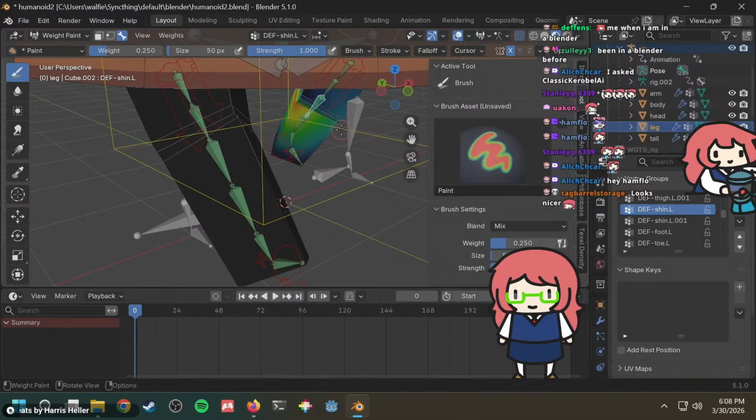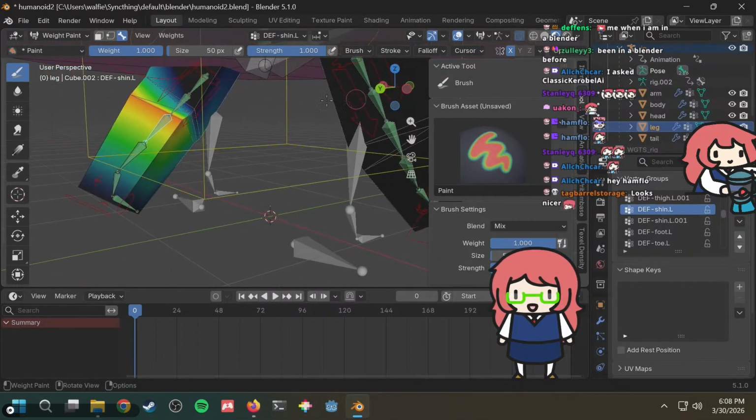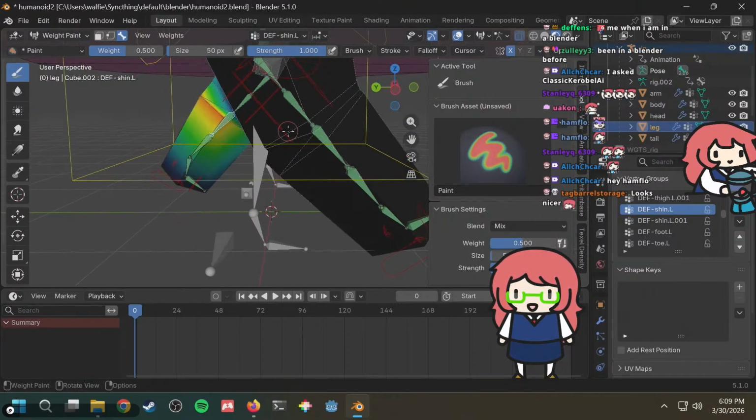Perhaps this bone. Maybe this bone needs to have more control over this. No, you can't have that. You cannot be having that, guys. What if it was 1? Let's test the extremes. If this was 1, then that would pull this thing up. Now maybe it's just that this needs less control over this. What if this was like 0.5? It's that bad. It does not appear to be better.